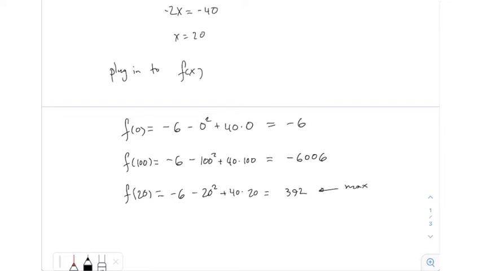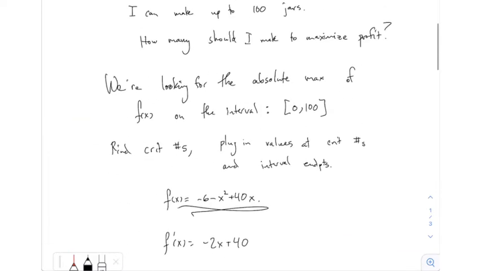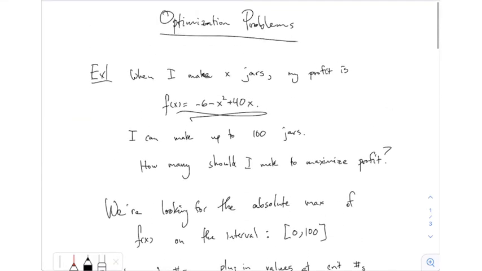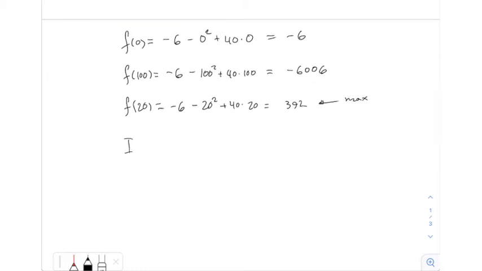Now we should look back at the original question just to make sure we're answering specifically the question that was asked. The question is, how many should I make in order to maximize the profit? So what's the answer to that question? 20 jars. That's right. This number here is actually what the profit is. It means when I make 20, my profit will be 392. But to answer specifically the question, I should make